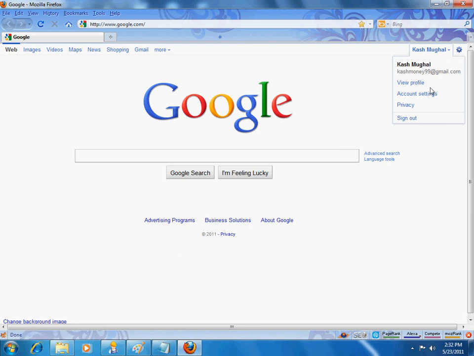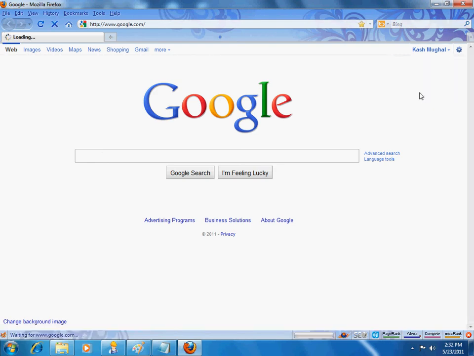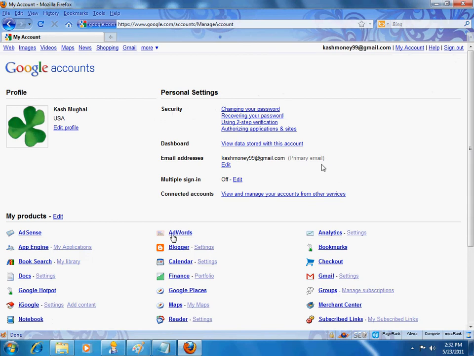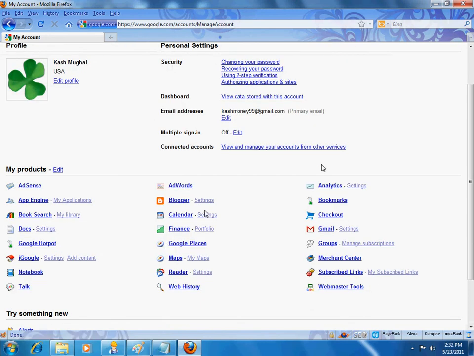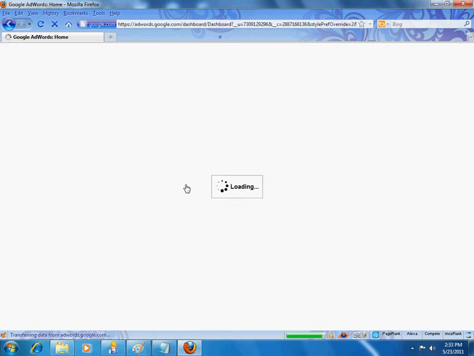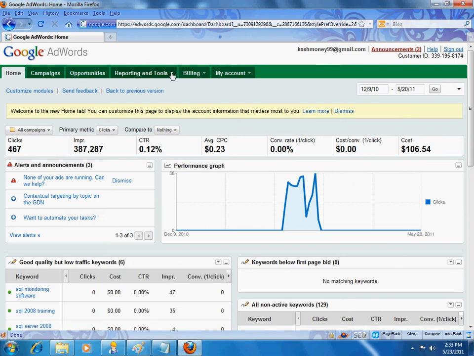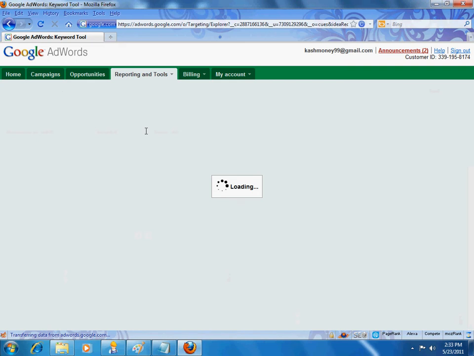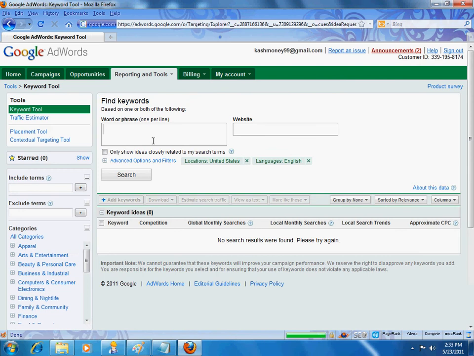Here I'm logged into Google. I'm going to jump into my account settings, and then here are all my products. So I'm going to go into Adwords, and then after that I'm going to go into the keyword tool. And you will notice, let's go ahead and type something in here: car insurance. Click on search,